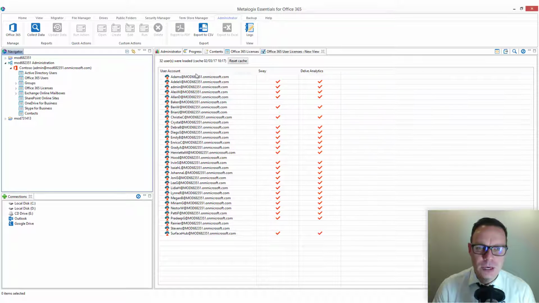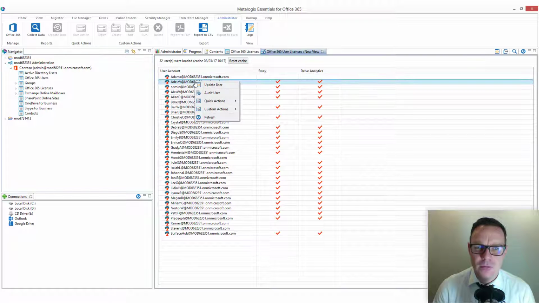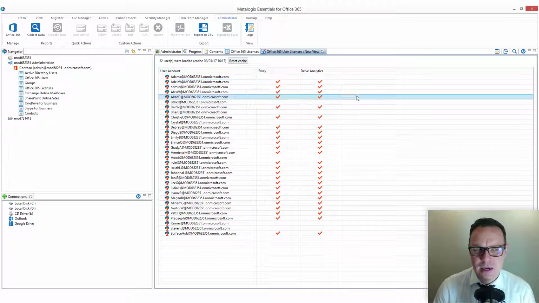Within this view, you can also carry out audits on individual users or groups of users by right-clicking and choosing Audit User. Now, in order for this to work, auditing has to be enabled in Office 365. I'm going to show you how to do that now. So what I'm going to do, I'm going to sign into one of my demo tenants that doesn't have auditing enabled and enable it so that you see the process. Once auditing is enabled, there's a slight delay before you can start to run user audits because it has to gather that data. So let's sign into this tenant,